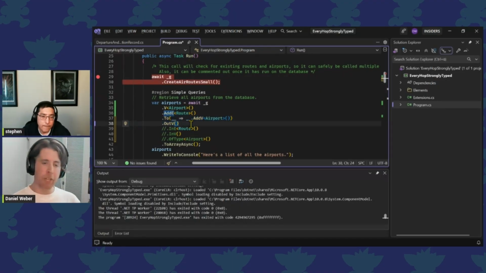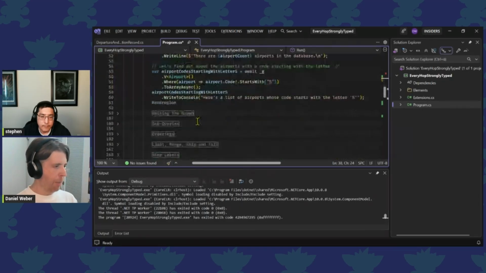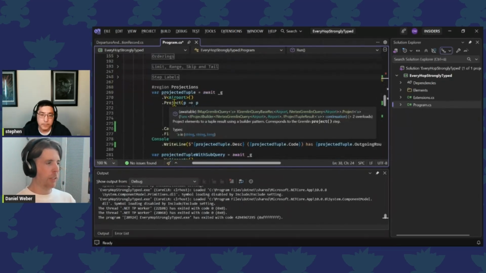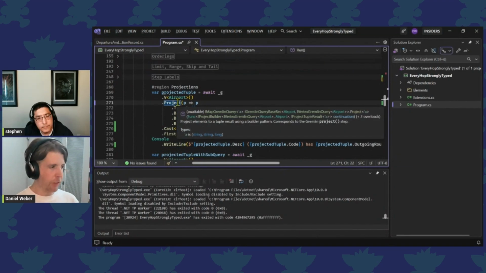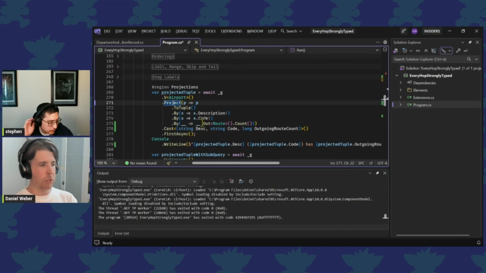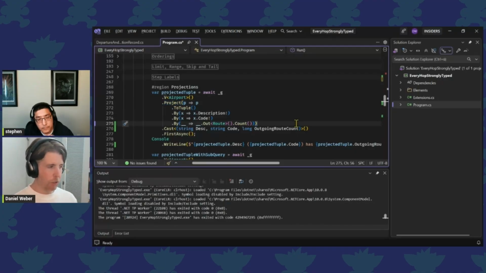So you don't lose any type safety here, because Gremlinq's keeping track. We already dealt with a map down here when we projected, and observe that this gives us not only a tuple type of string long. Remember, we projected to a description, a code, and the number of outgoing routes, but also the interface type now is IMAP Gremlin query. And what this would allow us is to,